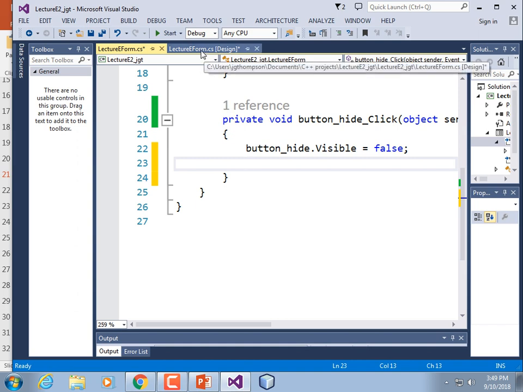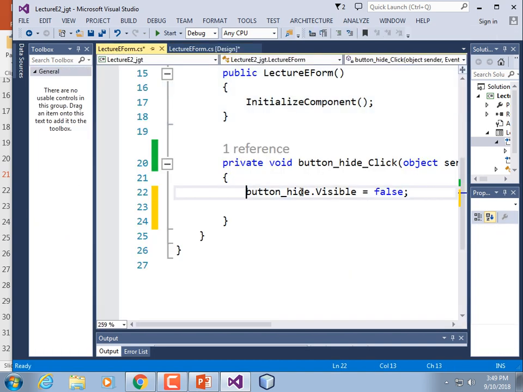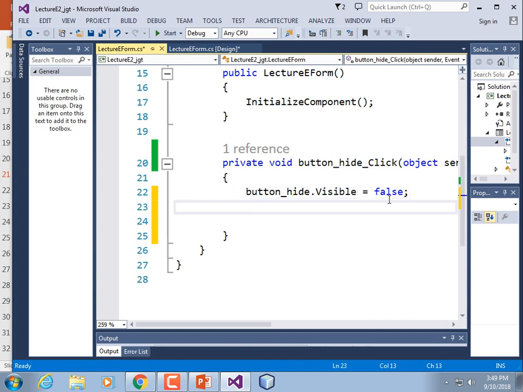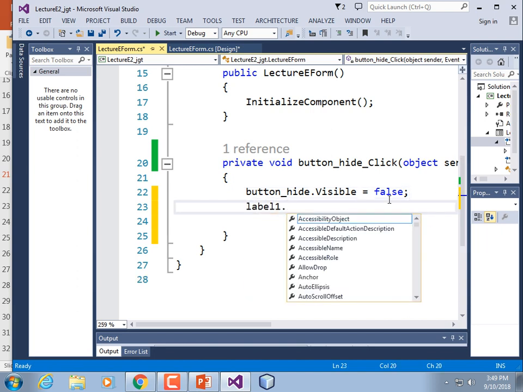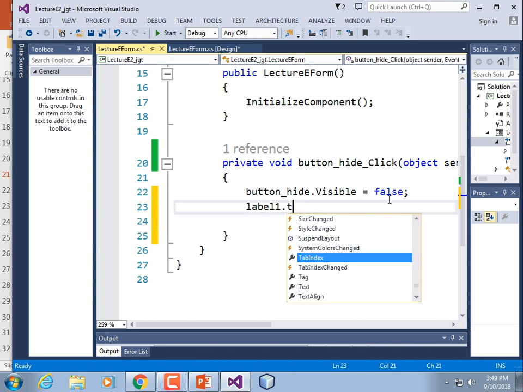But we have a label here. I haven't given it a good name. Right now it's just called label 1. But I'm going to make the button do something interesting when it's clicked, my go away button. So I'm going to double click back on go away to enter my code. And that label 1 dot, no, I'm not going to change its visibility. How about label 1 dot text